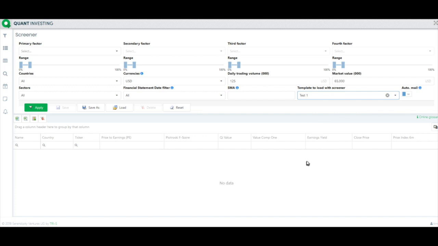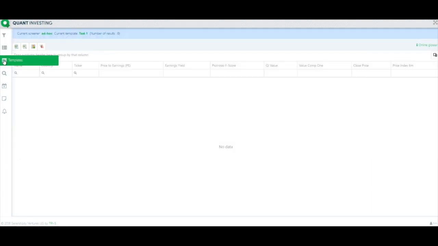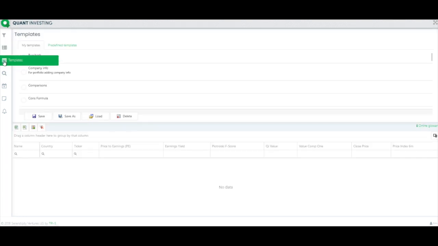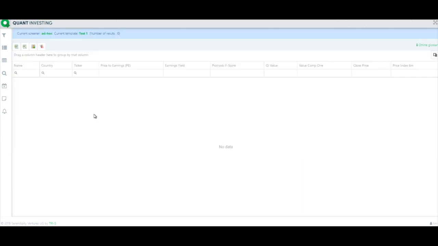And if you ever feel the need to change any of those templates, you can, of course, call them up, load them. Remember to load a template, you just click on the template icon. You can go down to the template you would like to load. There's that one, so load it if it wasn't loaded already, and then you go back to the templates menu